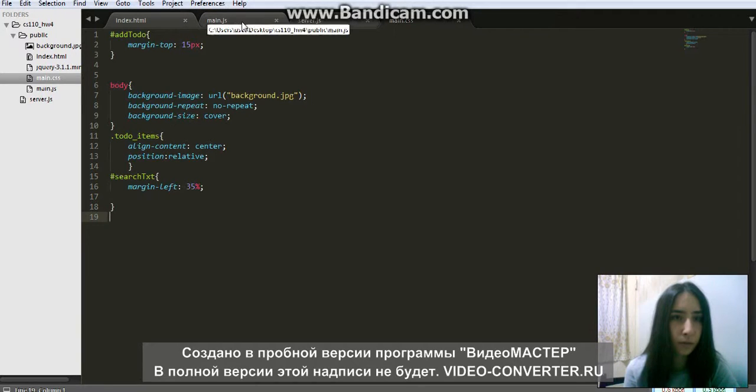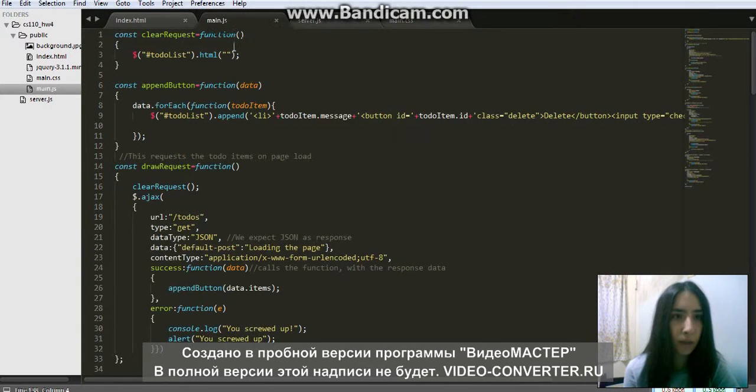So, in the main JS file we need to create the function clear request, and first of all it contains the append button, which contains the function with data, and for each function TODO item, TODO list append li, and it concatenates the TODO item message and the button ID to the TODO item